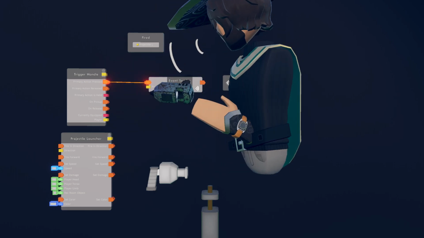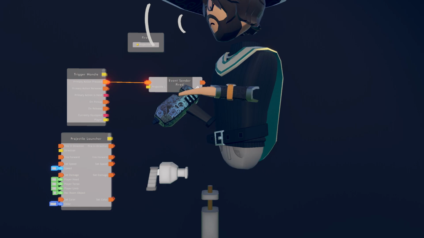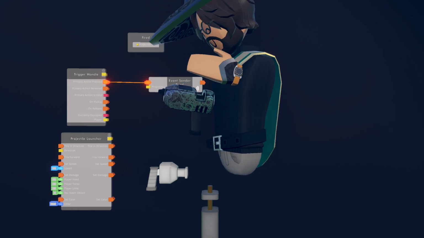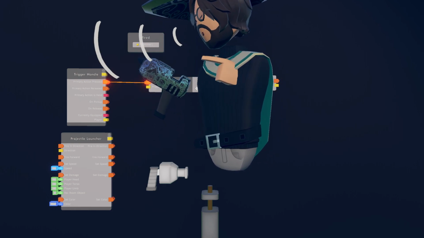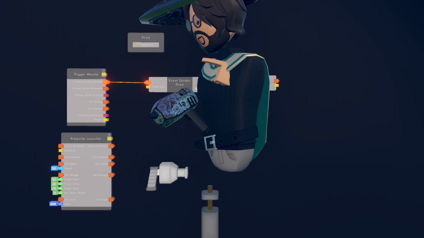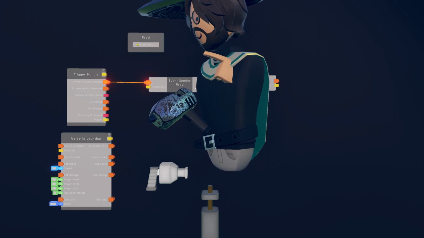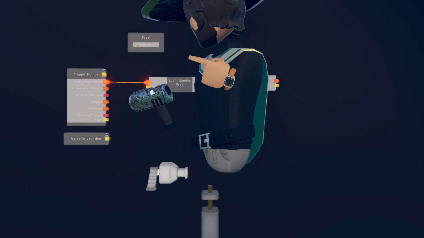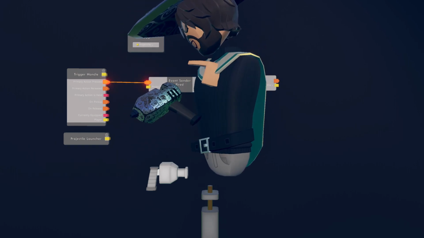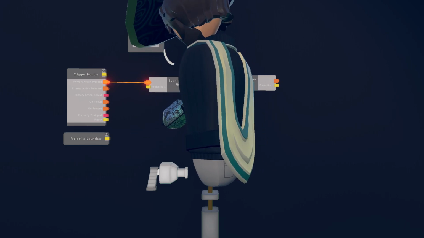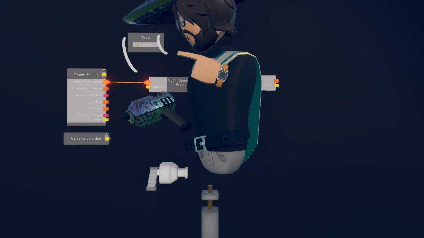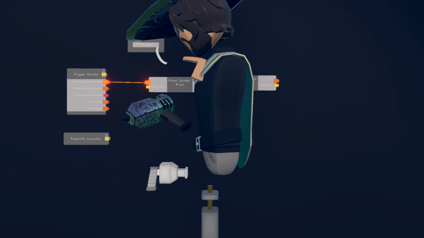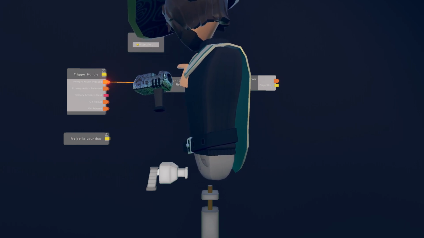Sorry, I didn't mean to hook that up like that. When you place something down, sometimes it'll hook up to whatever you're kind of hovering over. Most of the time it's wrong, but sometimes it's right. Alright, so on this you can just delete all of that. You don't really need that. And on this, you could also just delete those, unless you want certain ones, but we're not going to do that. So I'm just going to delete all of them, but primary action.